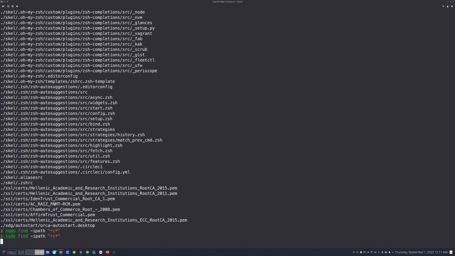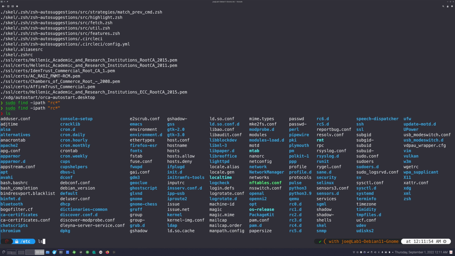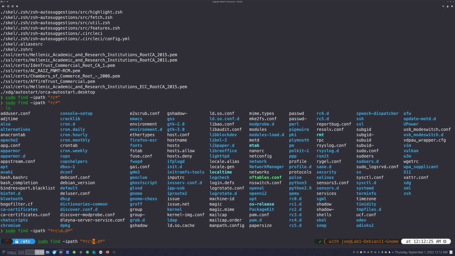Now, that's obviously not working either, so let's take a look at what's going on here. Yeah, so the reason that's not working is because it doesn't technically start with rc. This is the full path. So basically what is happening is the path technically starts at root, so it'll start at /. So what you could do instead maybe is, I think it'll accept regex, so we could probably do a d and then make it dot and then d. Let's see if that works. No, that didn't work. I'm not entirely sure. Maybe that's a bad example because that's going to be an overzealous one. We could do maybe...